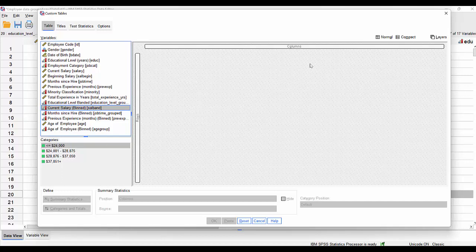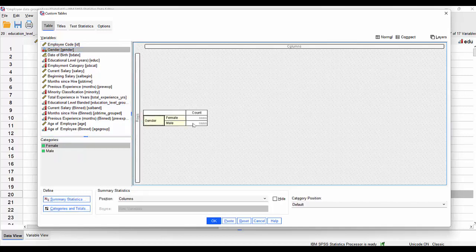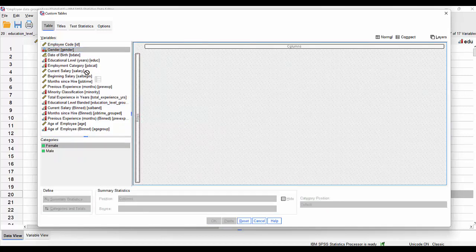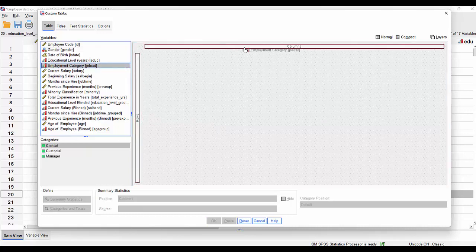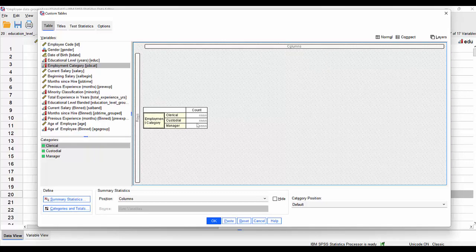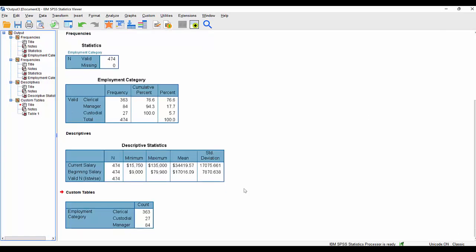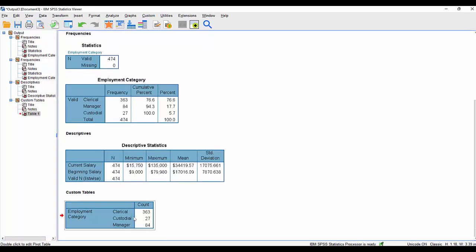The next thing is to introduce the concept of the canvas itself. We can click on these fields, drag them across and drop them in. There's the variable gender. Here's the variable employment category. Notice employment category can go into rows. If I click on rows, it's going to create a very basic frequency table showing just the count. We can add in other values, of course, the percentages, etc. We'll look at that in more detail later on. But if I click OK at that point, it creates a really simple little custom table here,